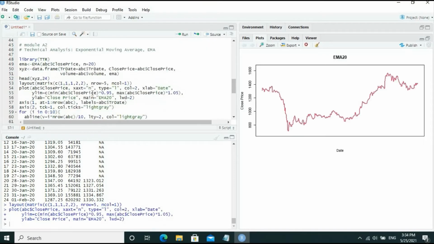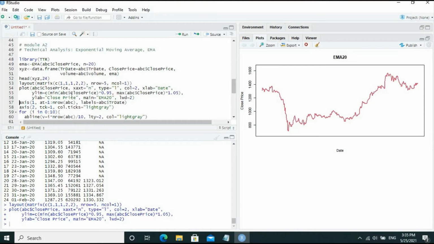Plot the close price with the x-axis text equal to null. We don't want the x-axis text to be displayed. We want the trading date to be used as customized labels, and type equal to L has produced a line of close price. Then color equal to 2 is red in color. Xlab is date.